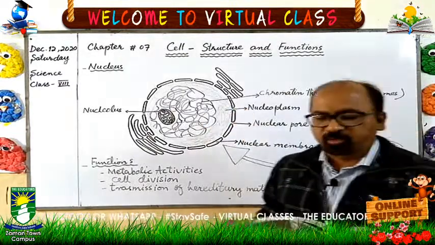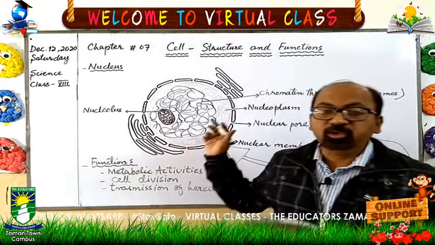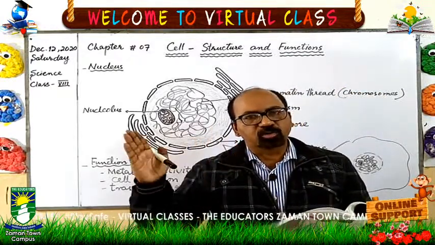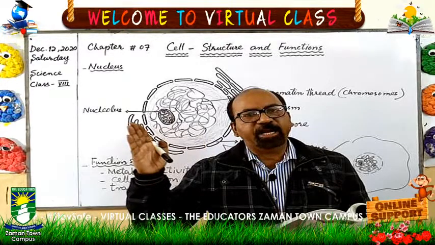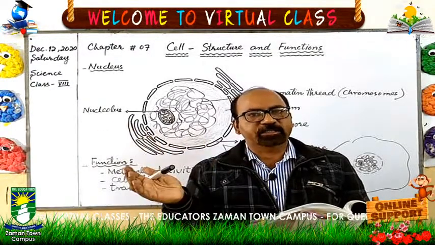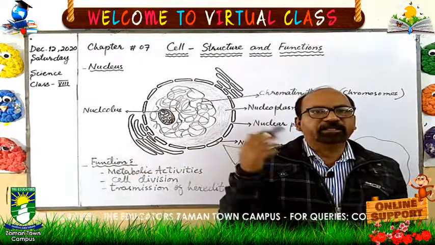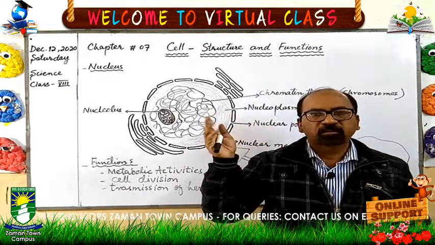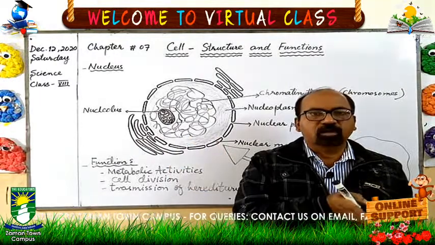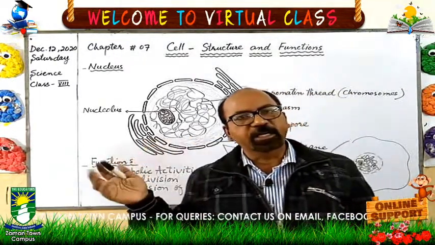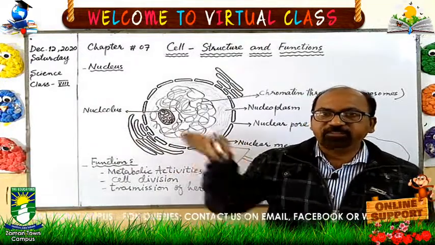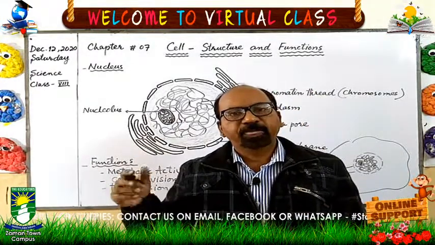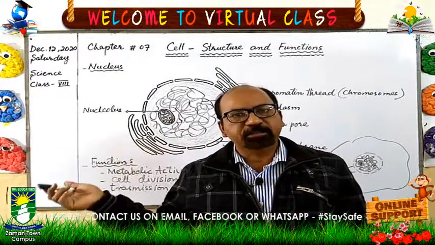Chromosomes have coded genes. Genes are present on chromosomes, and these genes have codes. These codes carry the characteristics. For example, if the father has curly hair, it is possible that his daughter or his son has curly hair. This trait is transferred from the parent to the offspring, and sometimes these characters are transferred from the grandparents also to their